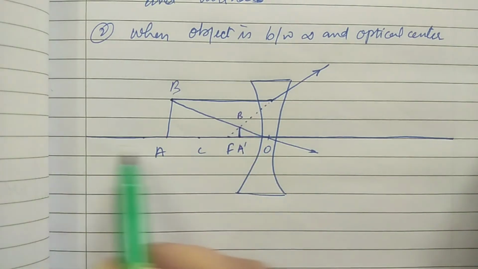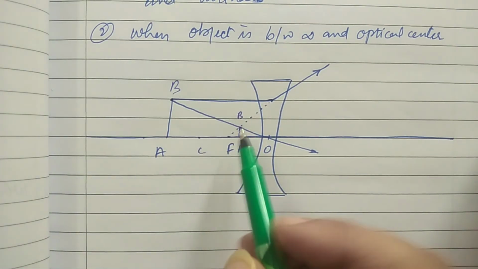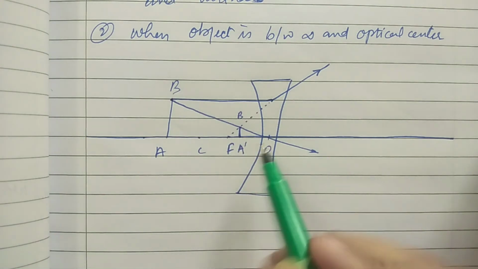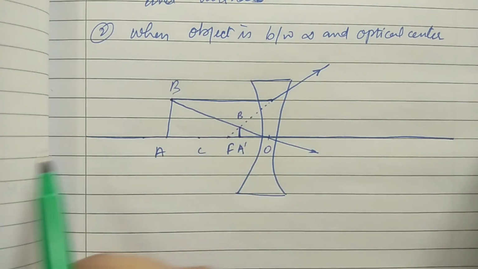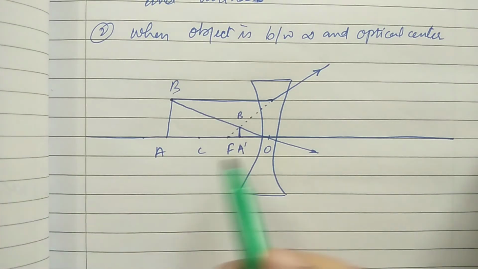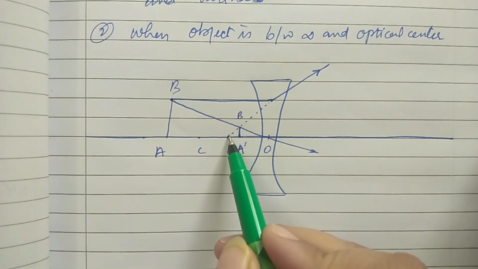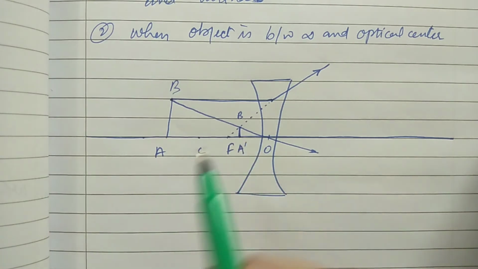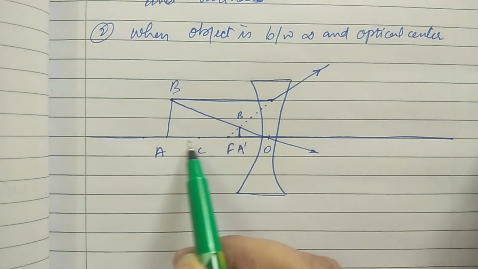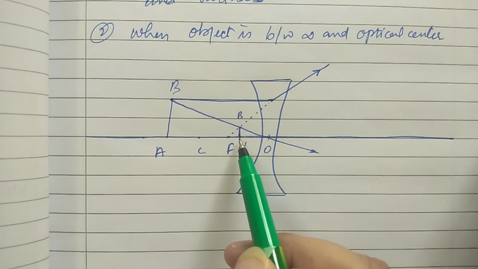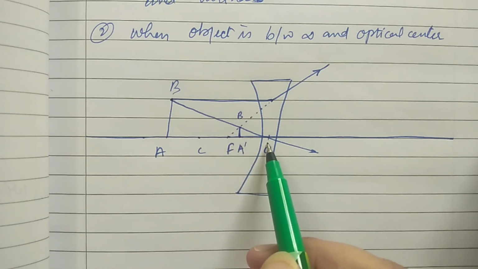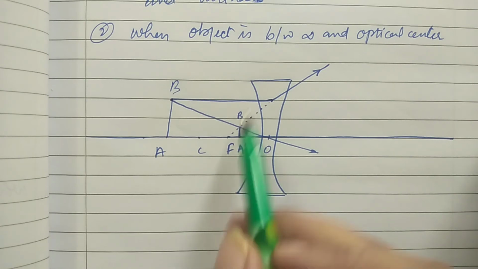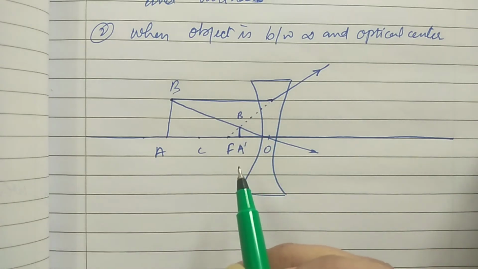So you can consider any of the point here. The image would always be between the focus and optical center, and if the object is going to infinity, at the maximum image can be at the focus. So you can see here in all the cases, whichever case you are going to consider, the image is always between the focus and optical center, and it is always diminished virtual in the case of the concave lens.